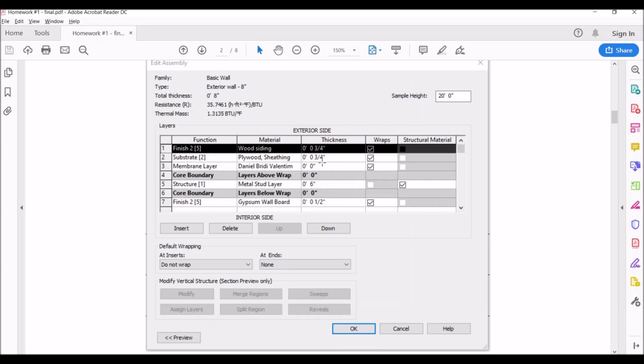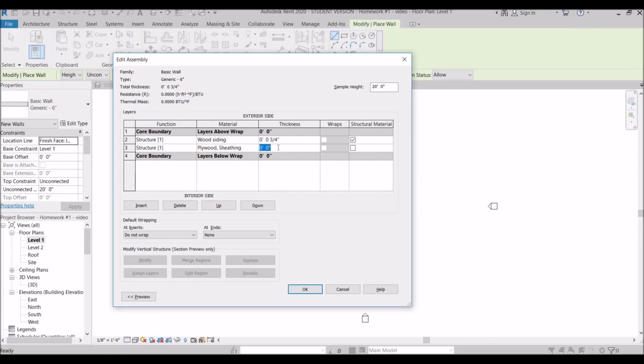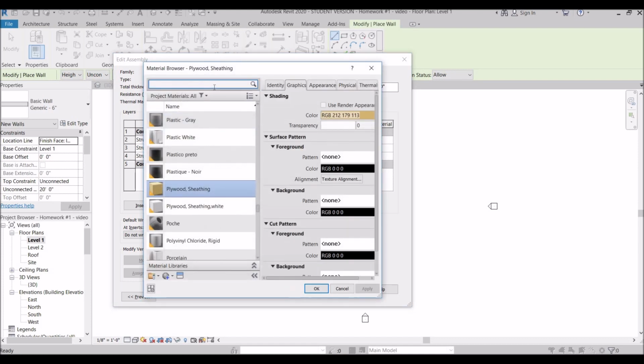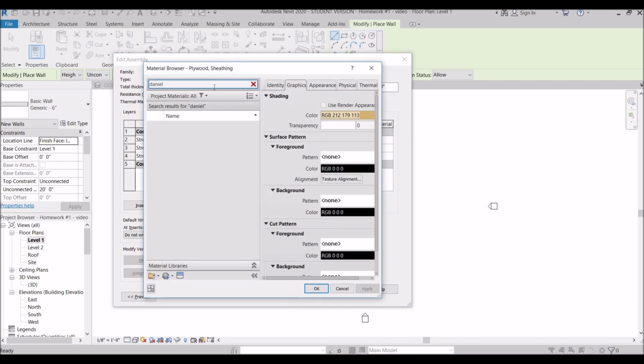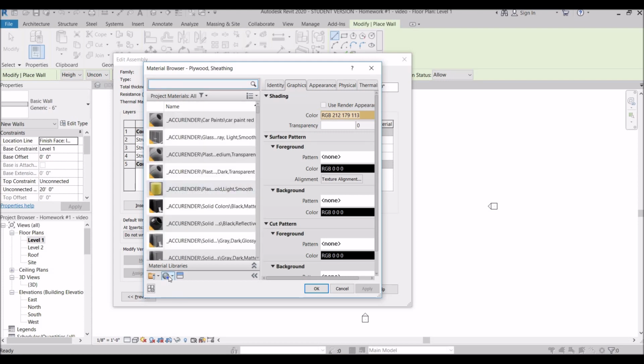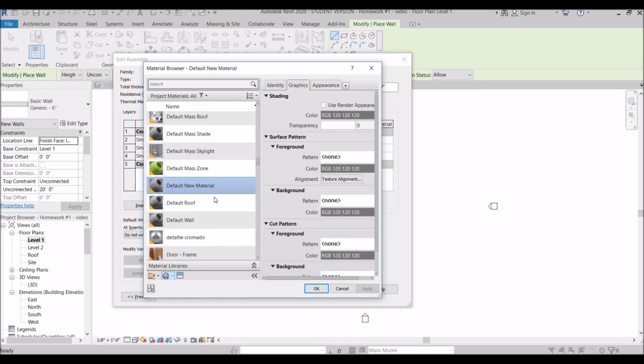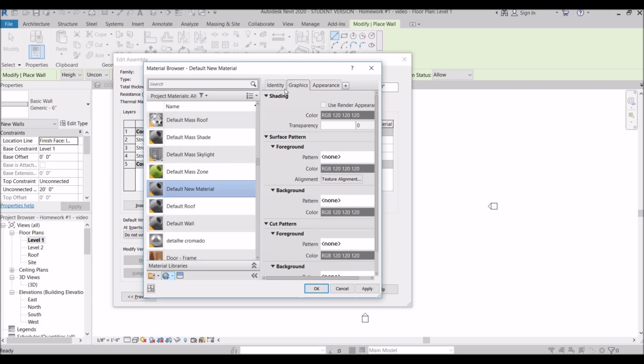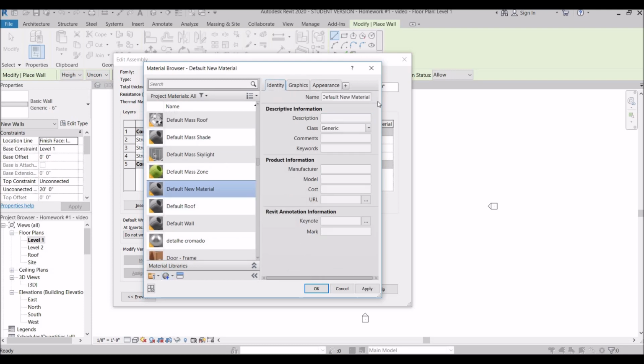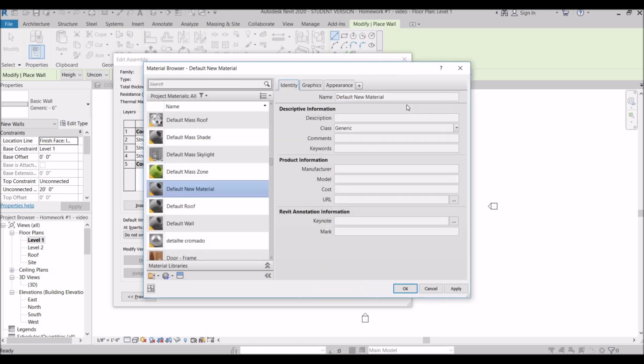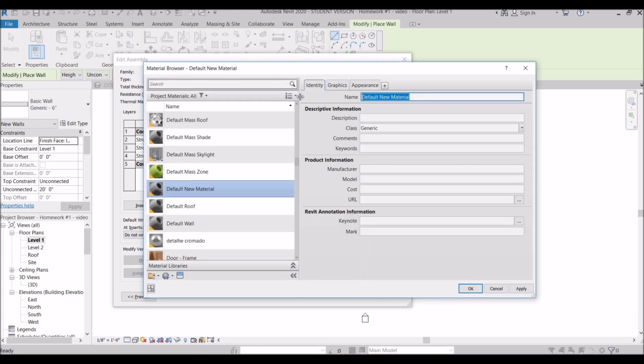Okay, let's see what's the thickness, the same, 0.003/4. Okay, now I'm going to create a new layer with my name on it. Let me see if I have this material here. I do not. So I'll have to create a new material. I'll click here and create new material, and I'll go to the Identity tab, and I'll change the name, and